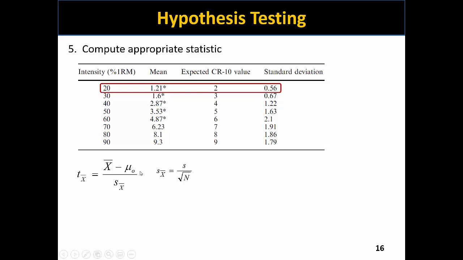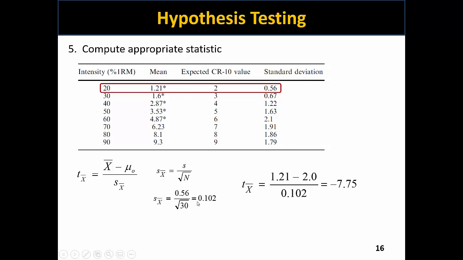We calculate the standard error of the mean, which is equal to the standard deviation, which was already computed from the descriptive statistics stage, divided by the square root of the sample size. Note here in this step, we don't divide it by the square root of n minus 1. That was already factored into the calculation of the standard deviation. So we just divide it by the square root of the sample size. We have our standard deviation of 0.56 and a sample size of 30. And so we end up with a standard error of the mean of